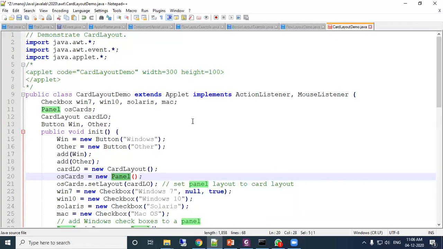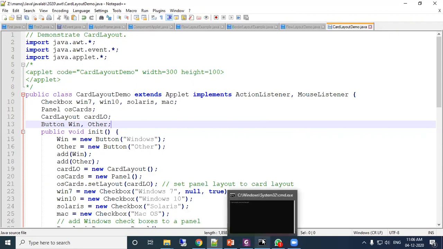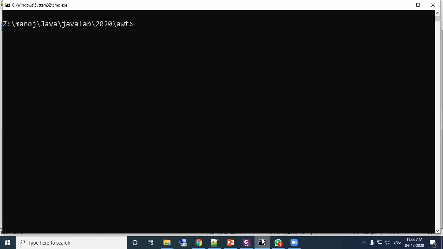Let us execute this program. The intention of this program is to demonstrate card layout. Okay, so here it is compiled.